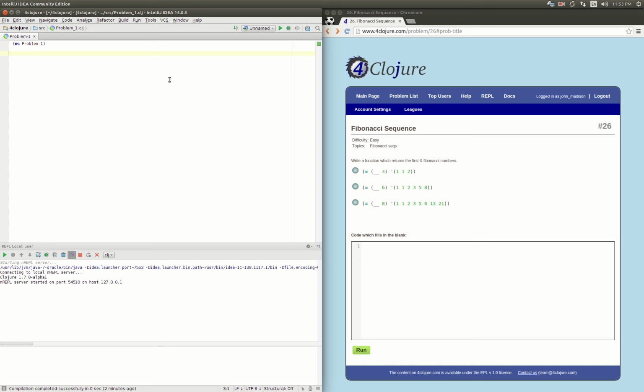Hey, it's John here, and we are moving on to problem number 26 of 4Clojure, which is about the Fibonacci sequence. We did the same problem for Project Euler, so let's just do the good solution here, which was to create a lazy sequence. I'm going to go ahead and start this over here in the